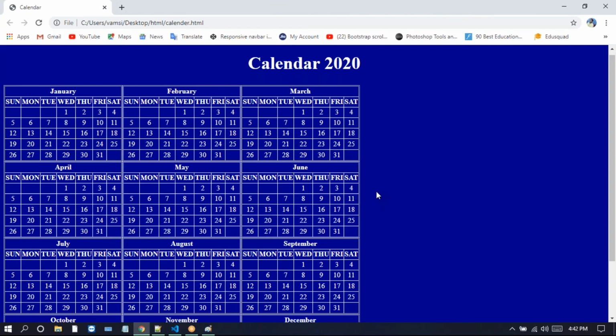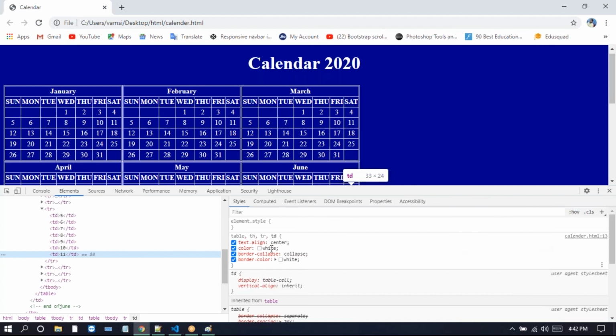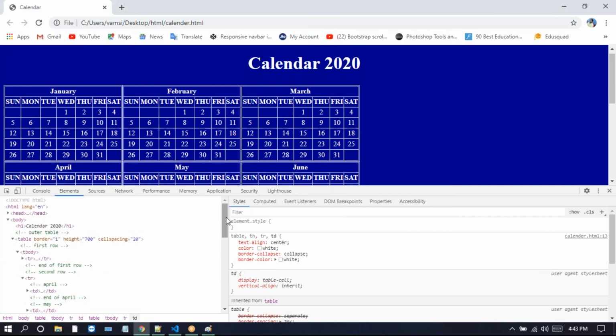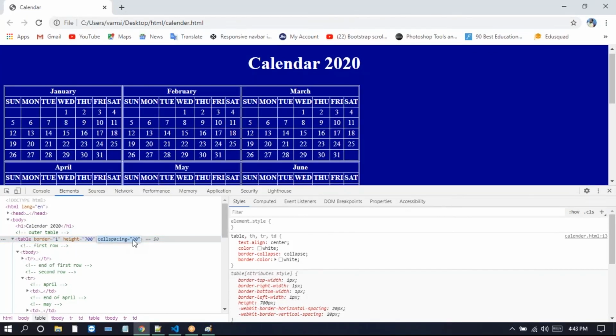So just increase this. Go to here, click on this one. So here I'm just changing to 90. So nothing will change, right? So it's okay.